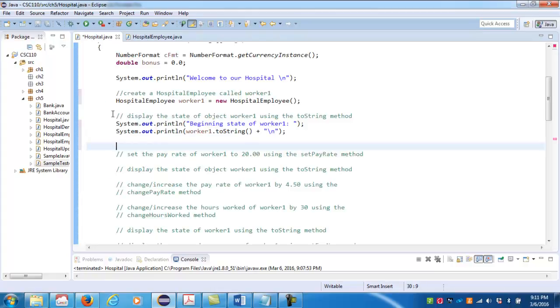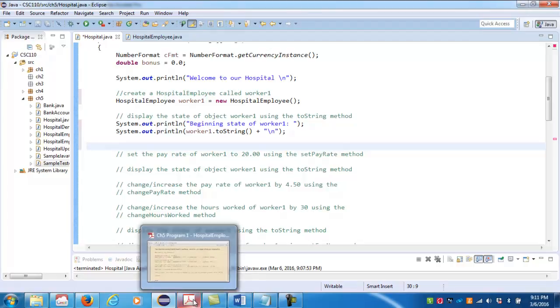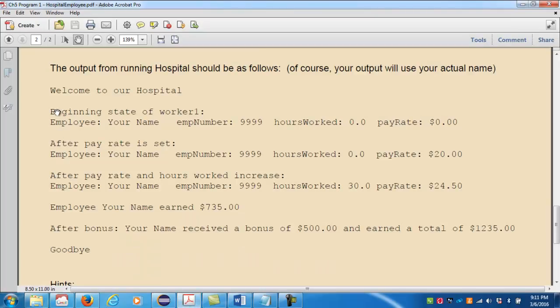All right, so the second task is to display the state of object Worker 1 using the toString method that you went ahead and implemented in hospital employee. So we want our output to look like what the instructions have. So this is the output we're trying to mimic right here. So let's go back to